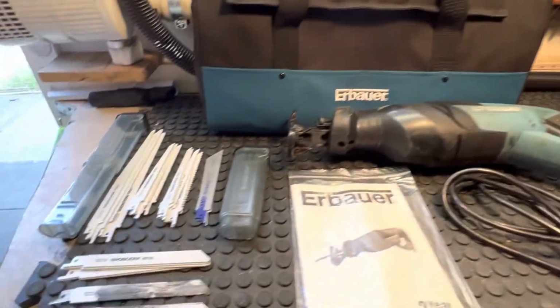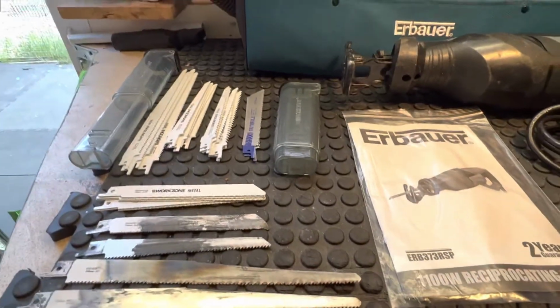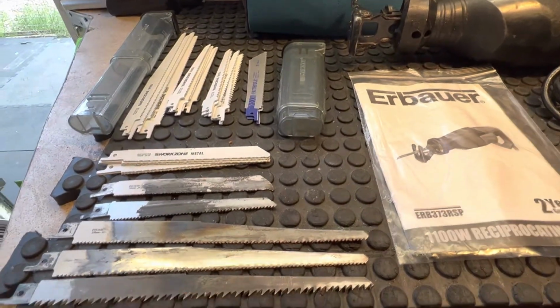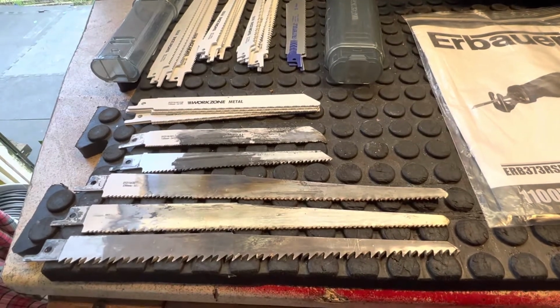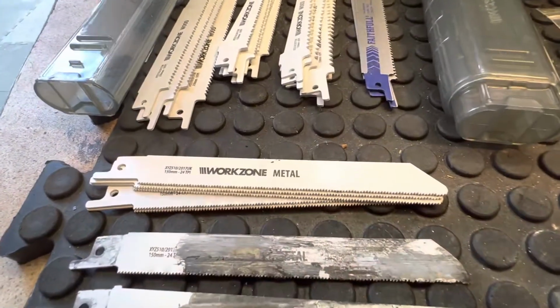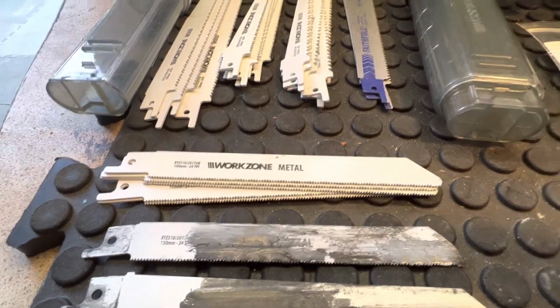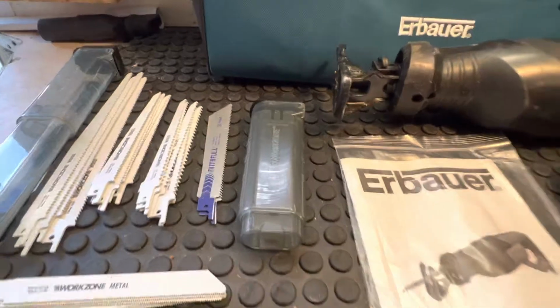You get blades with it. Obviously, the blades I buy are from when they come into Lidl or Aldi. That's just old blades to get an idea of what they look like when they're used. They're cheap blades, guys, being honest with you. You get them in these plastic